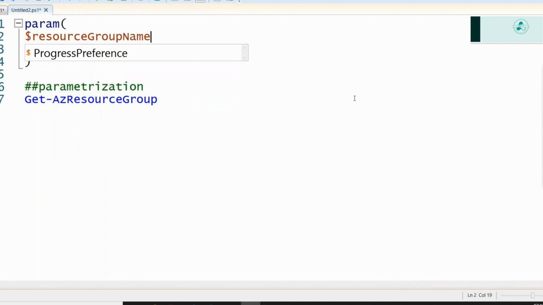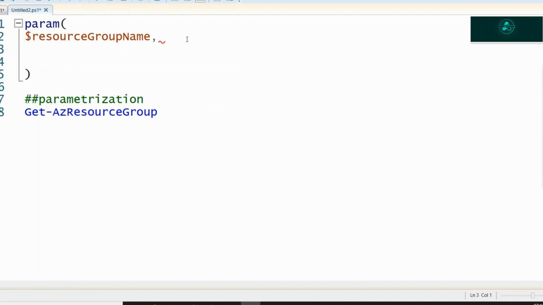I say dollar resource group name firstly, and I also want a location, right? I can give a comma here and I can declare another parameter called location. So I'm declaring how many? Two parameters in this particular script. Now what I'll do out here is that